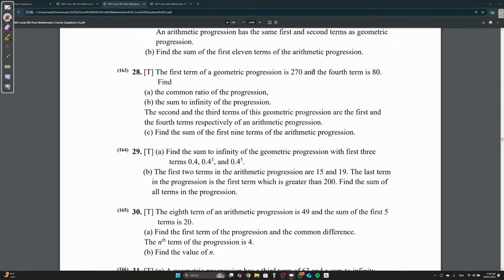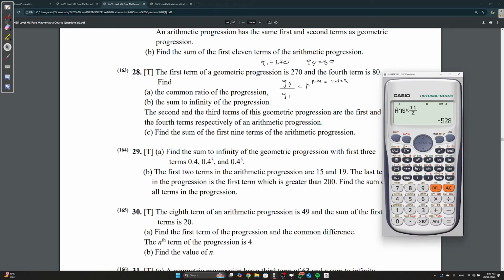So g1 is 270, g4 is 80. Find the common ratio. So we have g1 is 270, g4 is 80. How do you find common ratio? We know any gn over any gm is equal to r to the power of n minus m, which is 4 minus 1, which is equal to 3. So 80 over 270 is equal to r cubed. So it's cube rooted. You can get 2 over 3. So r is equal to